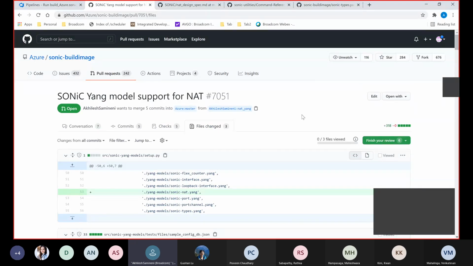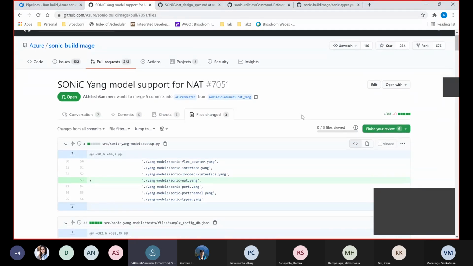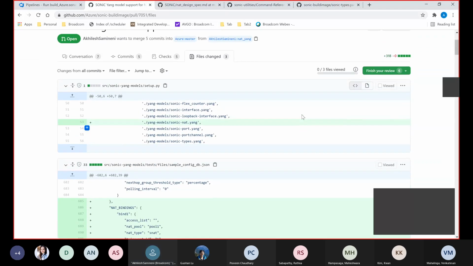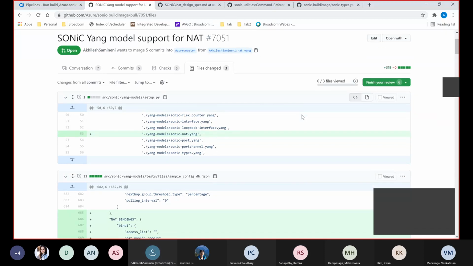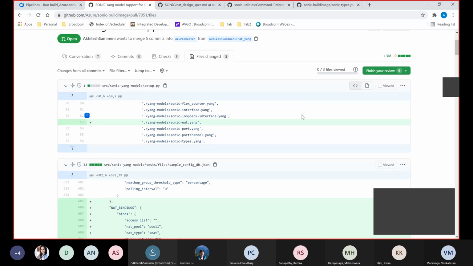One more question: I need to add some test.json file to validate the NAT. Yes, you definitely need to add those tests. Something in the test.json file, right? In the Sonic Yang models.